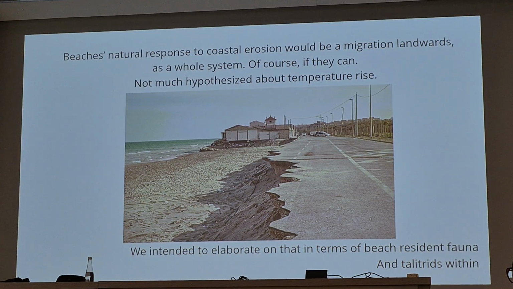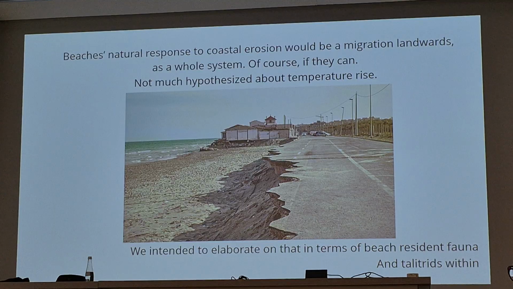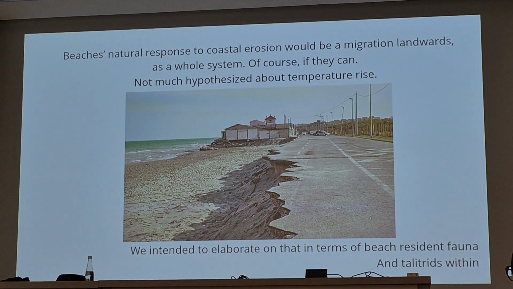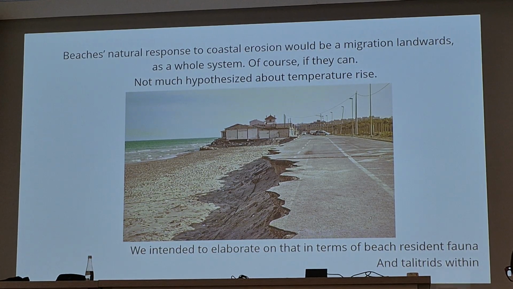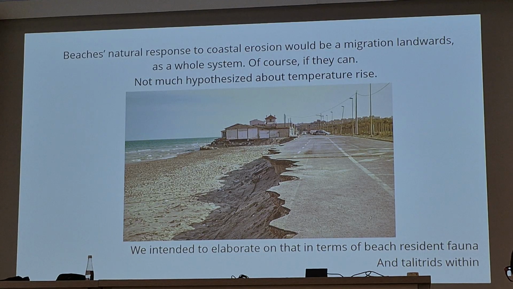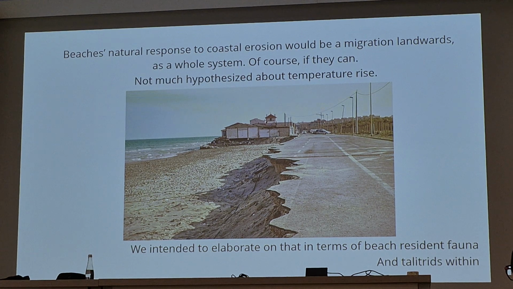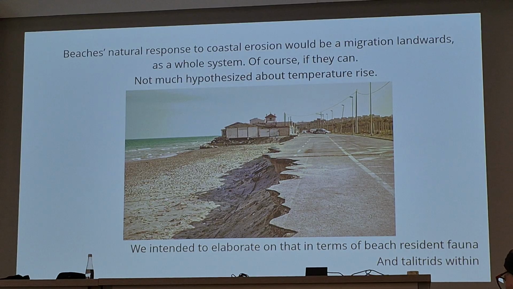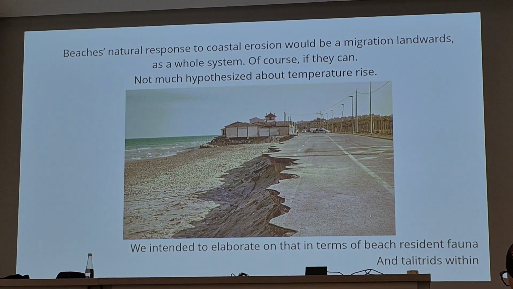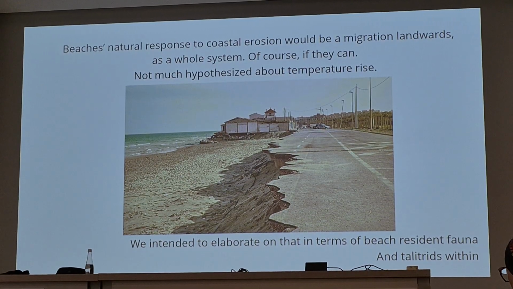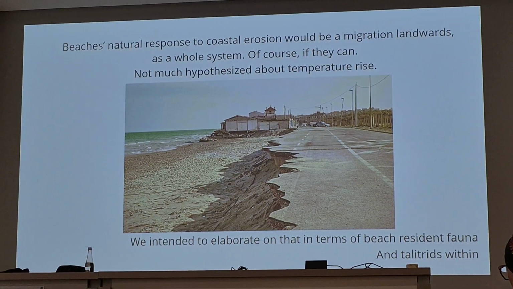What engineers are saying is that, in case you have ongoing erosion, you can do basically two things. One is defend with infrastructures, and the other is let the land retreat. And they assume the whole system will move as is, with all the components, all the interactions, all the functionalities, backwards to the land. There is not much said about temperature changes because it's already a very warm environment, so it can reach 60 degrees under the sun on quick days.